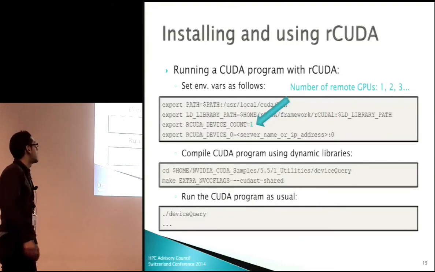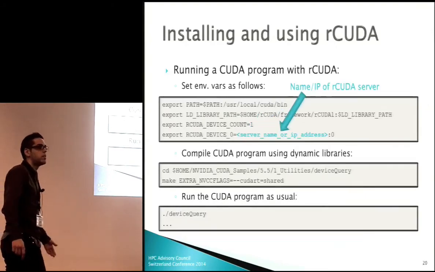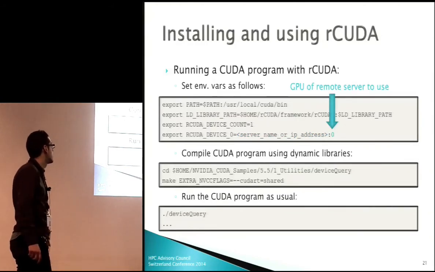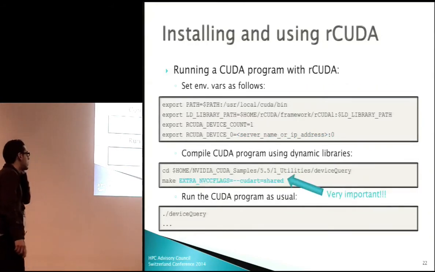This is done by environmental variables. In that case, rCUDA device count. In that case, we are telling rCUDA we have one remote GPU. And now we tell rCUDA where that GPU is, the server, and the number of the GPU of that server. One important question here,